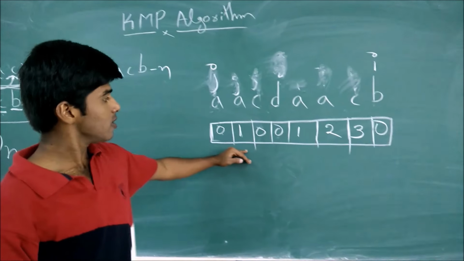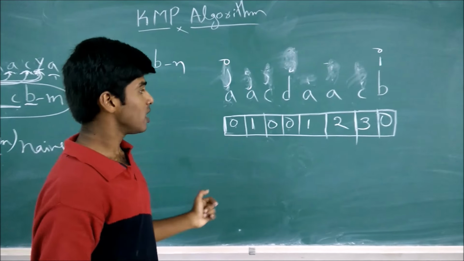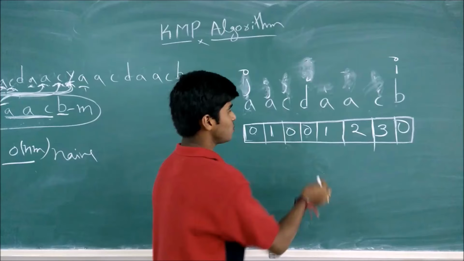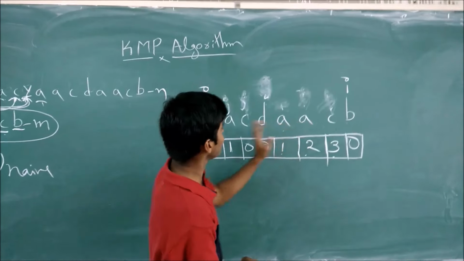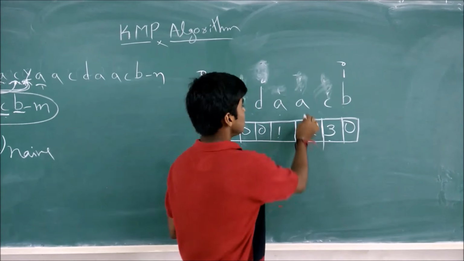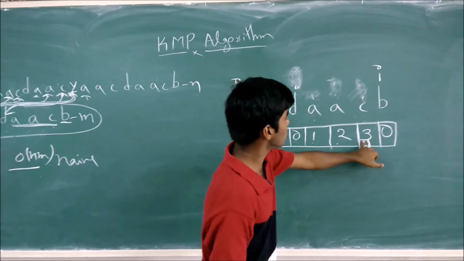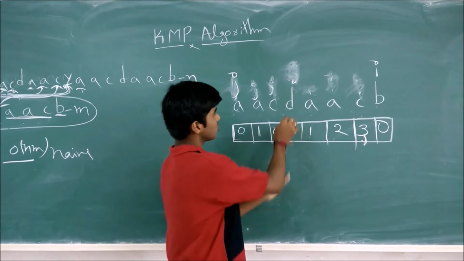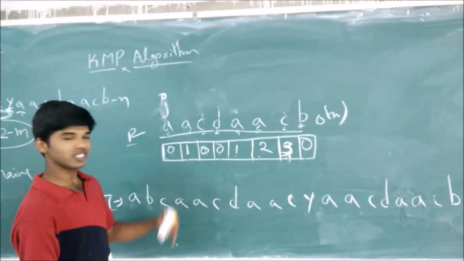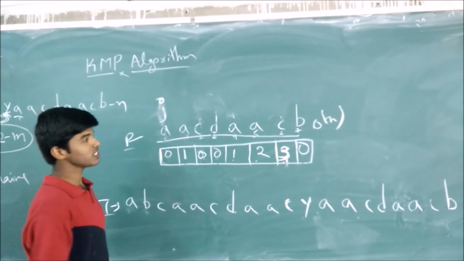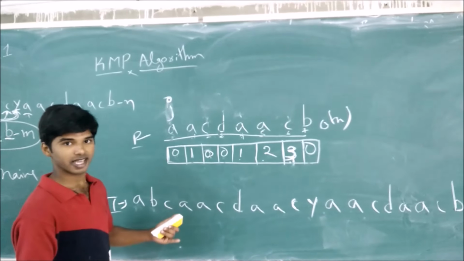So we use this particular array in the KMP algorithm. This means that, as we can see 1, 2, 3 here, if we have matched till here, by using this value you can go and find out from that particular character in the pattern. This prefix array indicates from which character onwards we should be matching the pattern with the text.